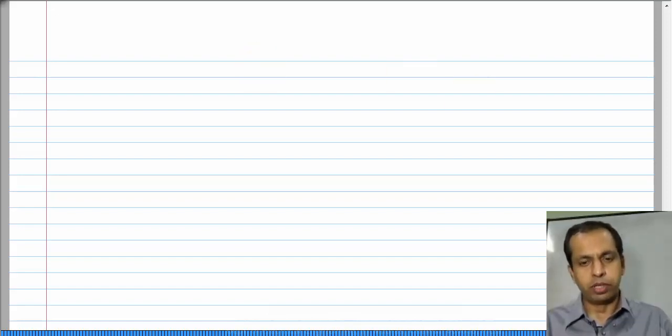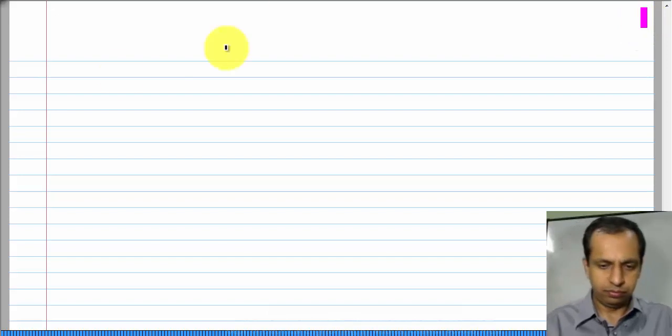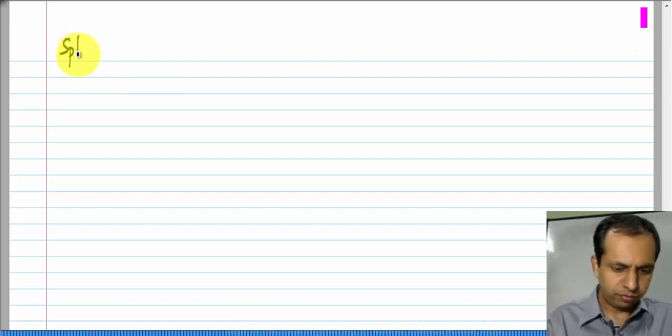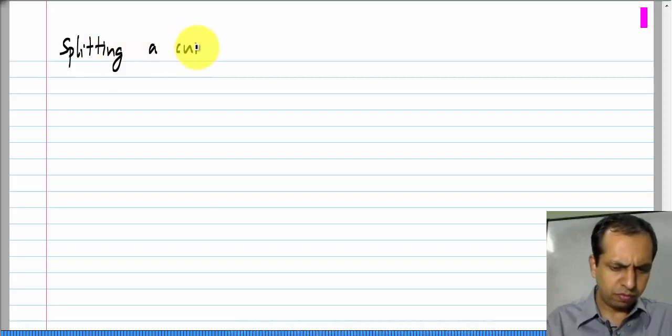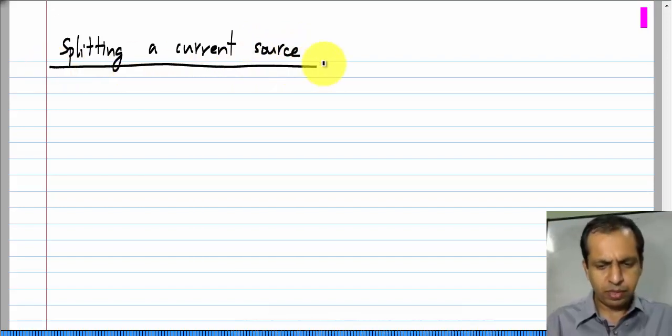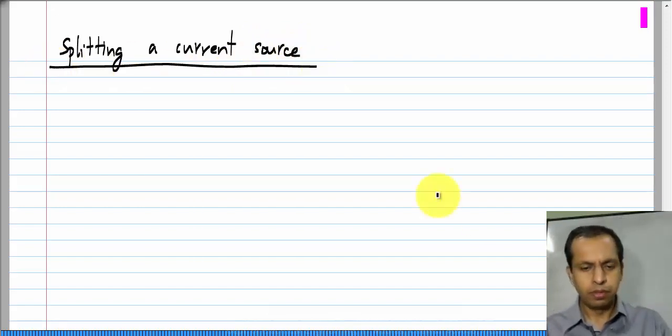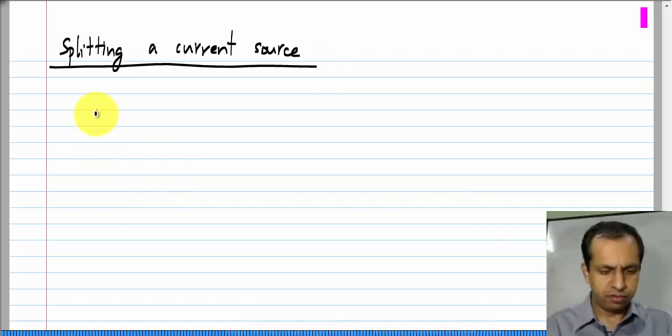In this lesson, we will consider another elementary theorem, this time involving current sources. I will call that splitting a current source. It will be clear why it is called that way. Now, let us say we have some circuit,